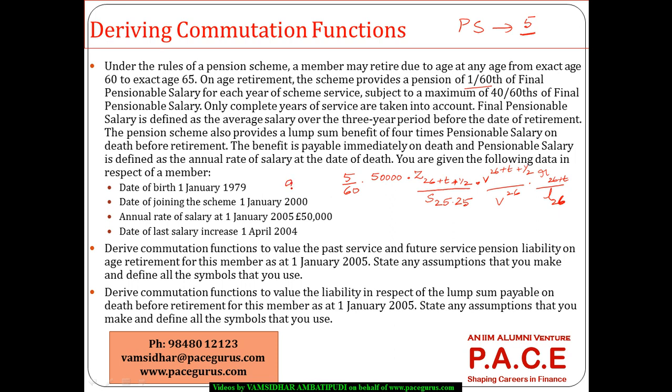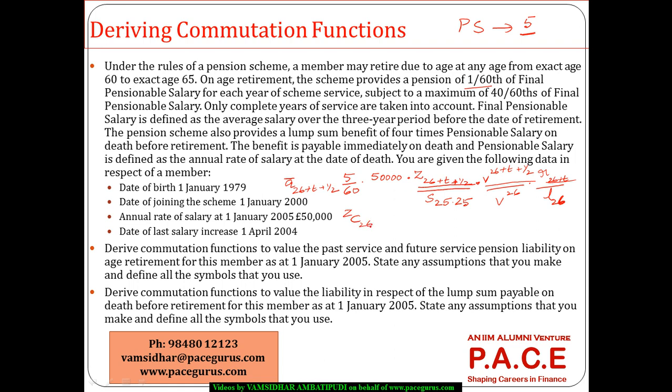So the present value of the pension is going to be A bar 26 plus T plus half, probably on a continuous basis they might be receiving. So this is the expression, and probably the numerator, the entire thing Z26 plus T plus half, V bar 26 plus T plus half, R 26 T and A bar 26 T plus half,